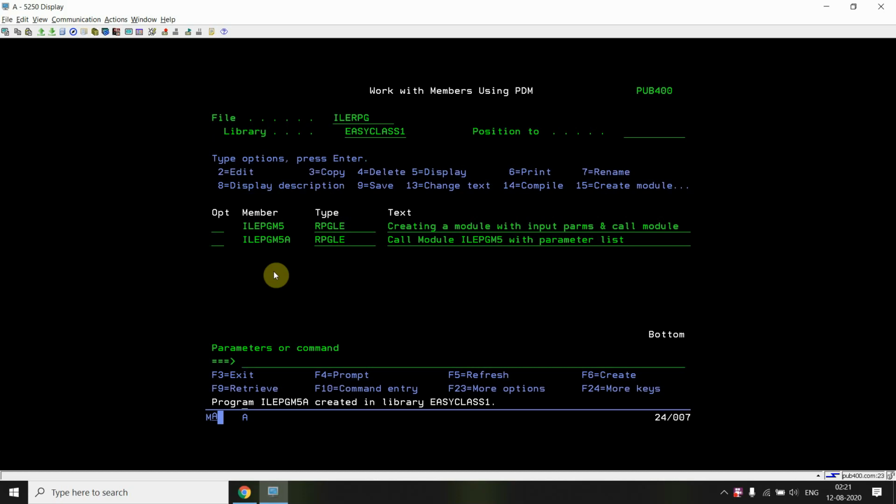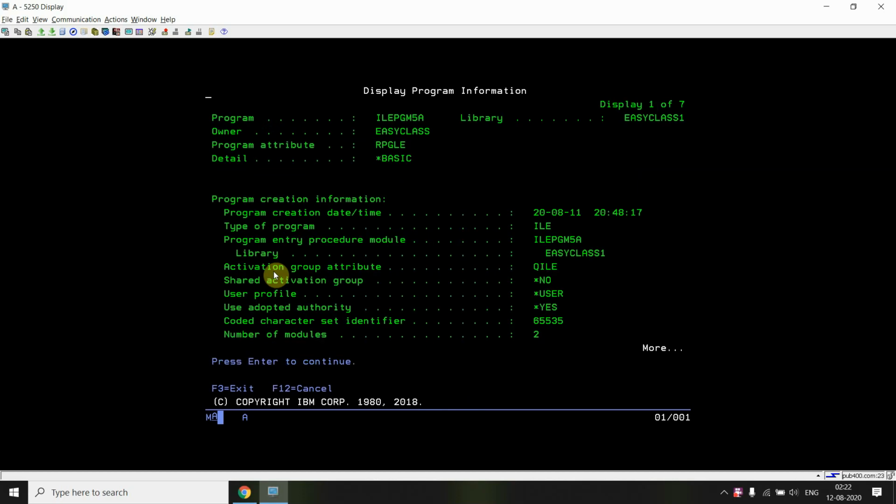Now you can see that the program is created. So if I go to see DSP PGM information for ILE PGM 5A, DSPPGM. Okay, so you are seeing the number of modules attached to this.